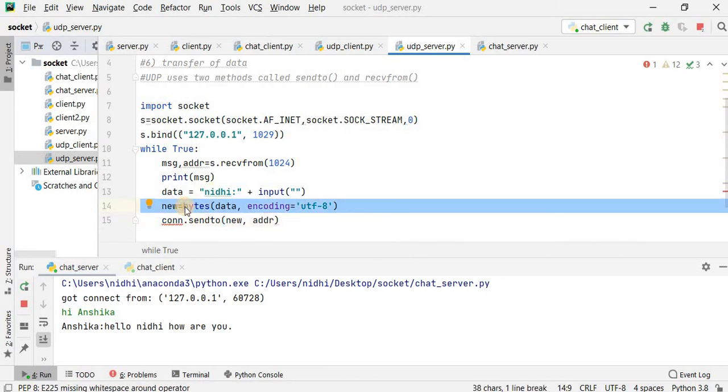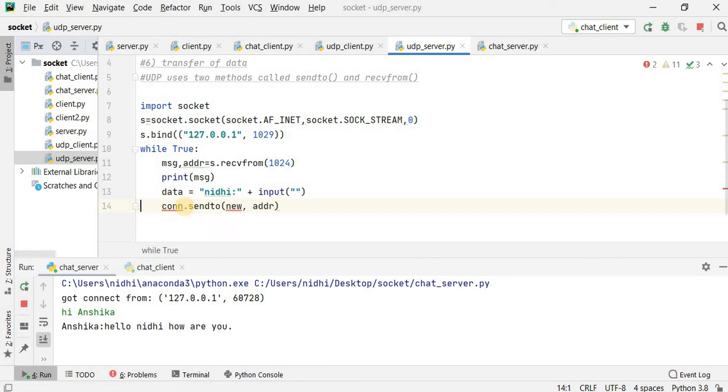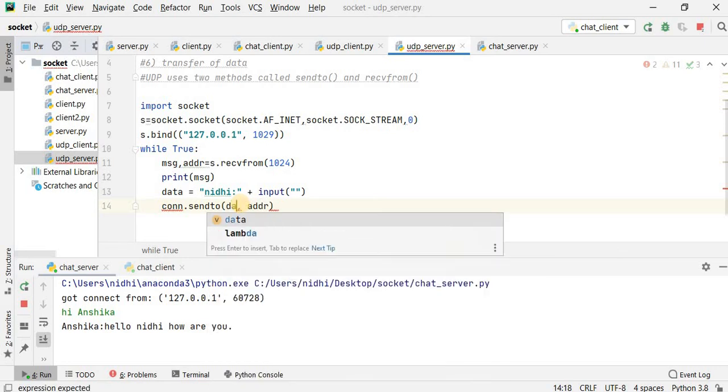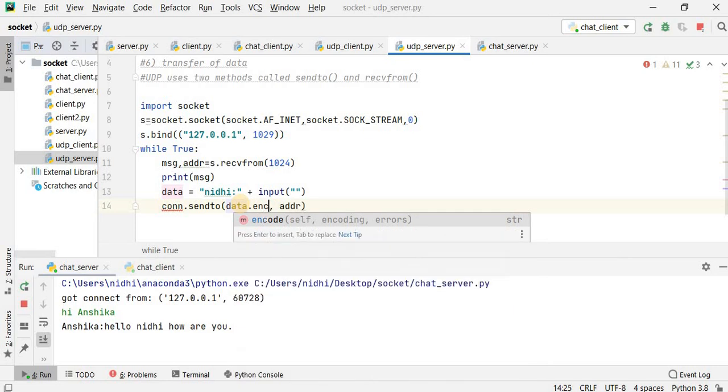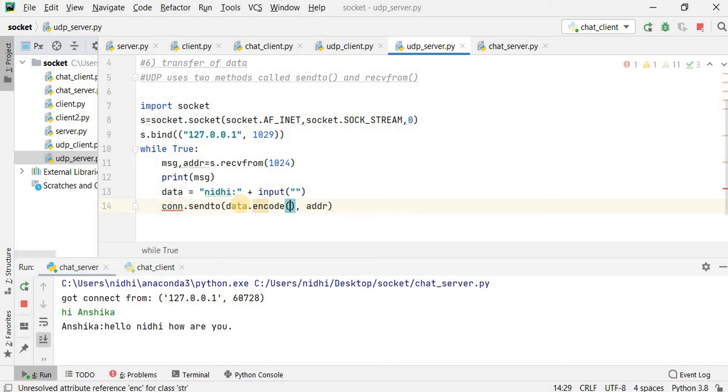This method is already used by me now, so I will tell you another method. That is the object of the client and sendto, and here the method is data.encode, and under the parameter you have to define the encoding value, that is UTF-8 and address. So by this way my UDP server is prepared.